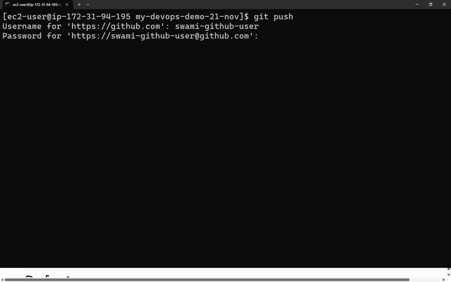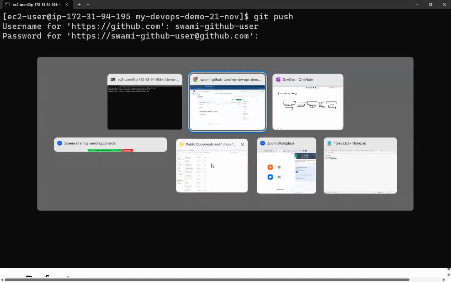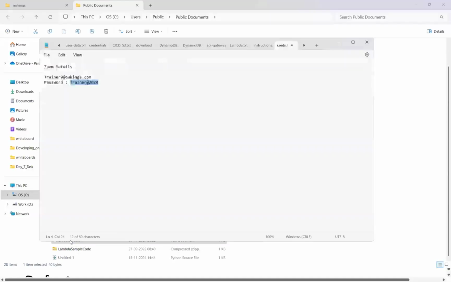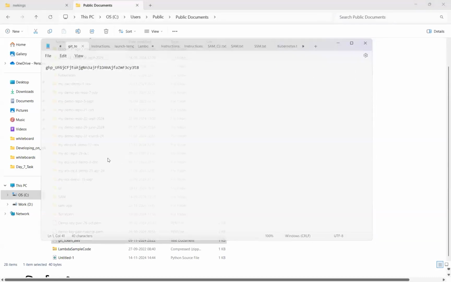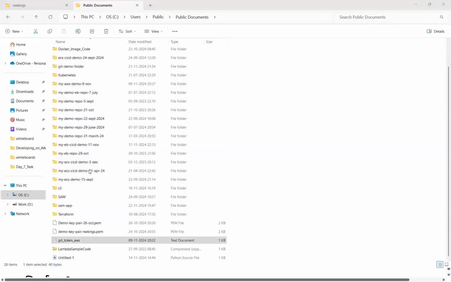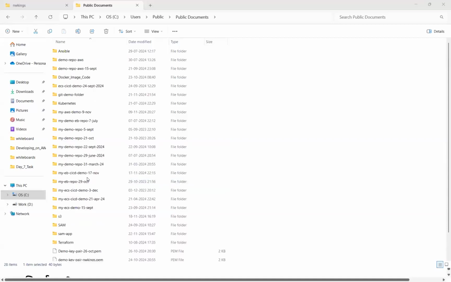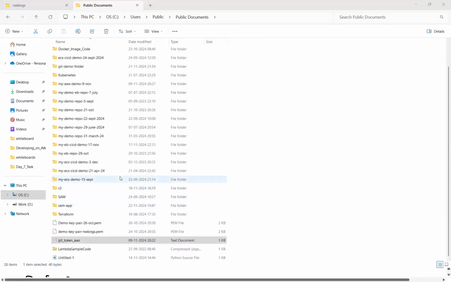Now, in case of the password, if you remember, we have seen that GitHub personal access token that we downloaded yesterday. You need to put it as the password. So if I go back here in my folders, you will see there's a Git token. I don't know when I have used it. Okay, 9/11, I think it must be the newer one, so I'll use this.